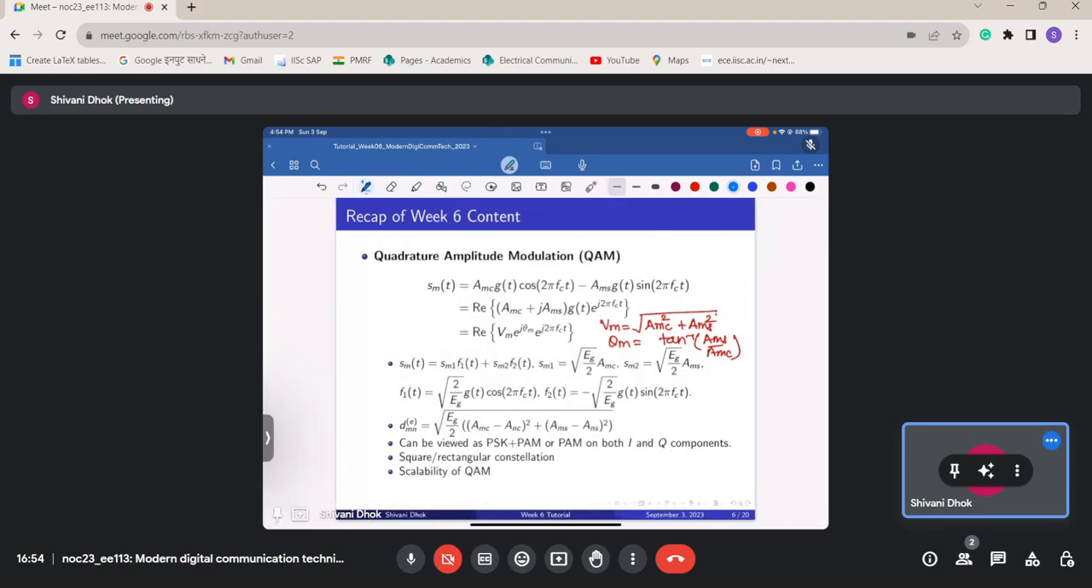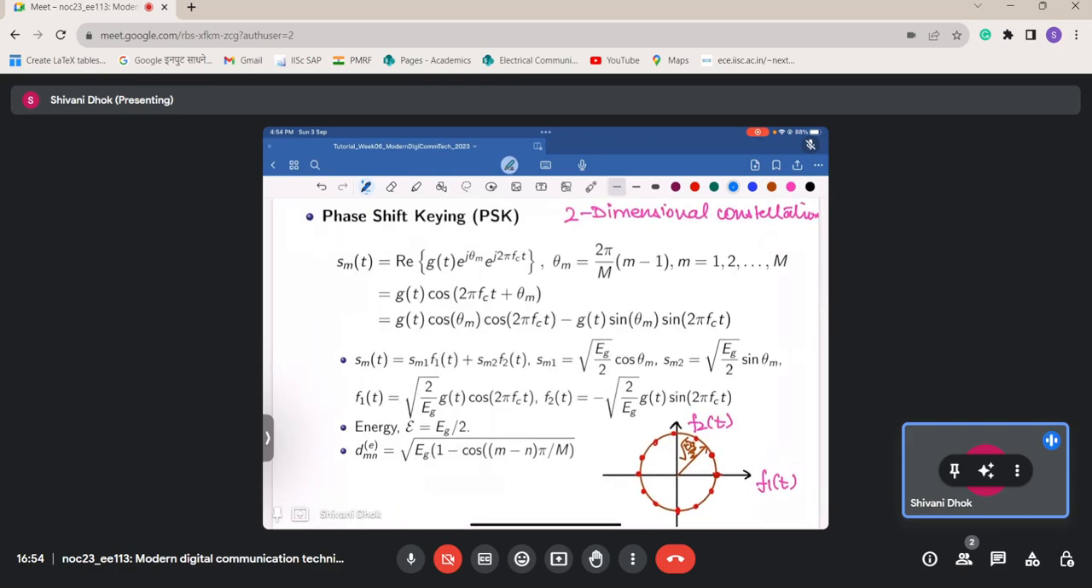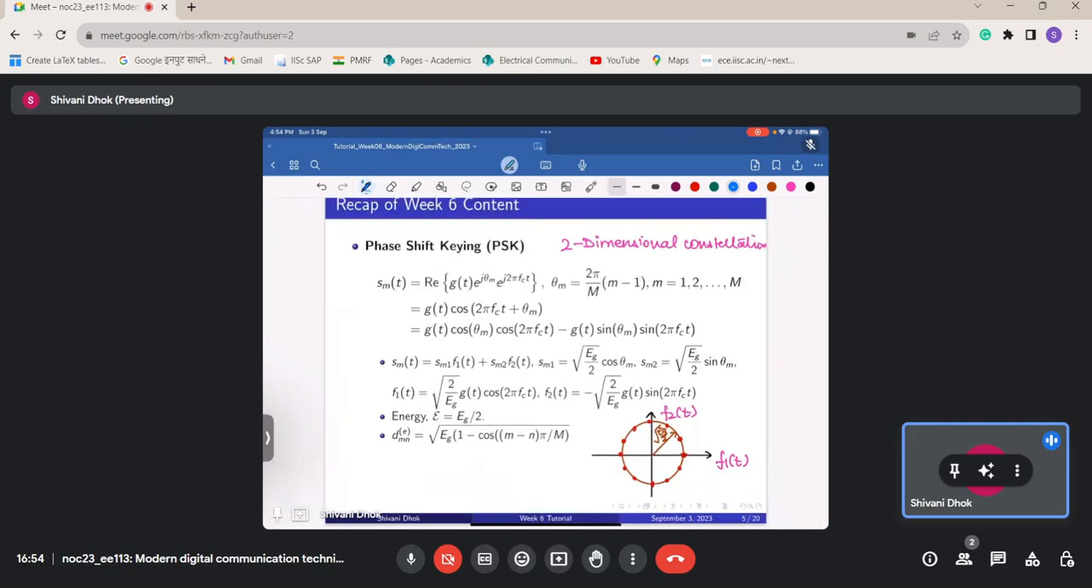So let's look at this PSK constellation. Since it's two-dimensional, it is easier to look at and we can understand it better. So we know that we have this SM1 and SM2 here, which is given by this formula here. And the energy that we have obtained was this Eg by 2, right? Let us see if we are getting the same thing with this or not. So this energy formula which we had obtained earlier was something like this: